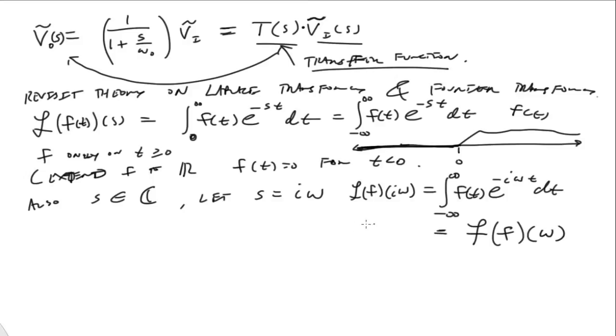So now we see, provided our functions that we're interested in are 0 on the negative real t-axis, then we see that there's this really nice matchup between Fourier transforms and Laplace transforms. Okay, so why are we going here? Why are we heading down the path of Fourier transforms? The idea here is that we actually have a really important result,